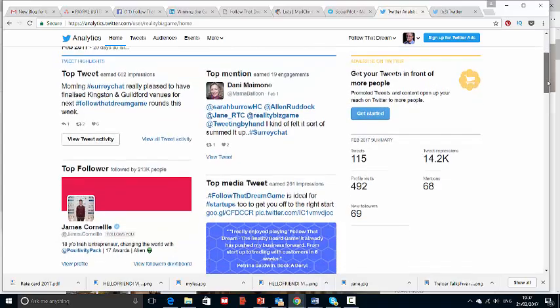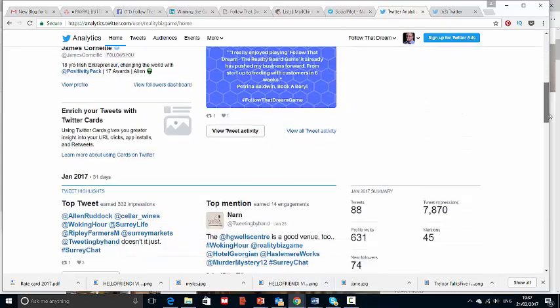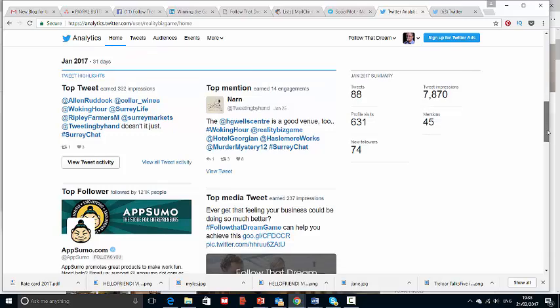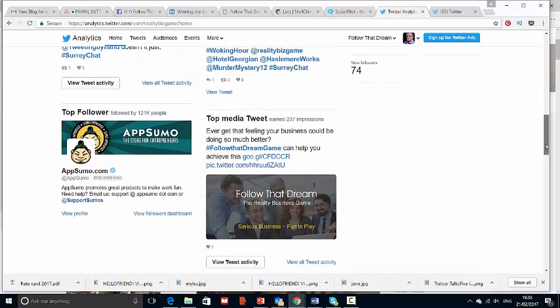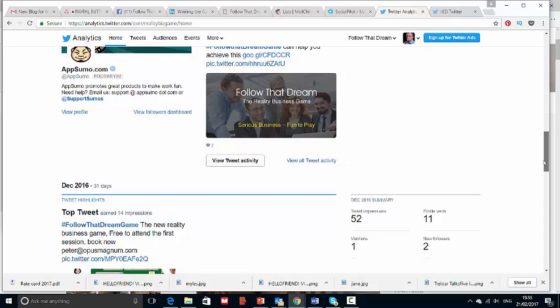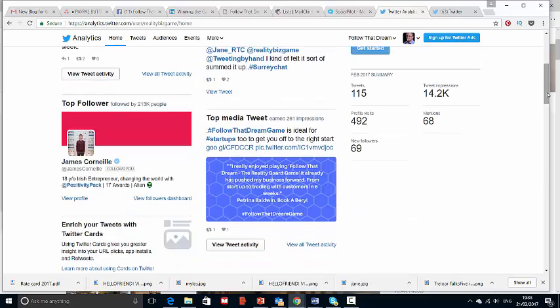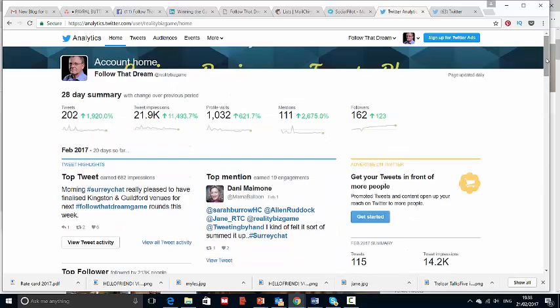It just takes time for that sort of ripple effect to happen and people to start reacting to it. So you can compare this with the month before, when we'd only just got started, literally at the end of that month. So you can see that obviously it has gone right up, and then you look at December, you can just see the difference in the stats there. We've only been going a month, so it's not going to be an over the top amount of followers yet, but it is going in definitely the right direction.